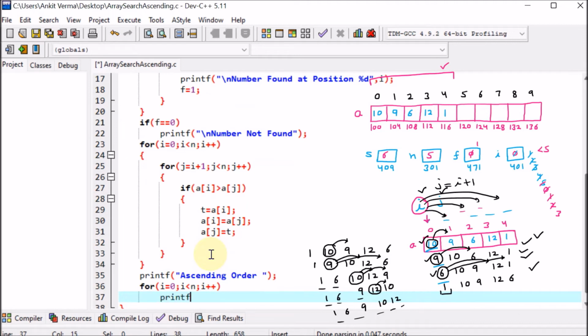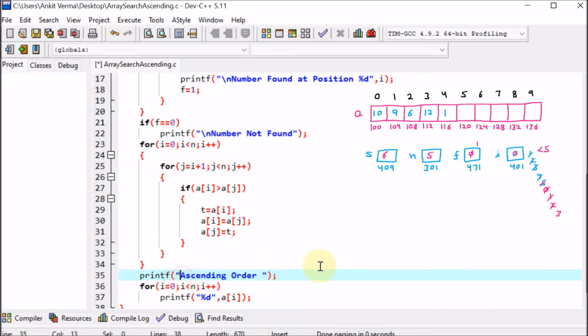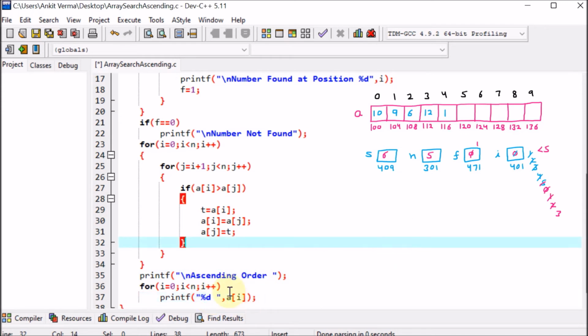So here after the for, we are going to print in ascending order. We are saying printf. In the bracket, we are using %d, that is for the integer value. Then comma, we are saying a[i]. So here we are going to display these elements. Before the ascending order, I am applying \n, so that ascending order should come into the next line. Then after the %d, I am giving one space, so that with every element there should be a space.